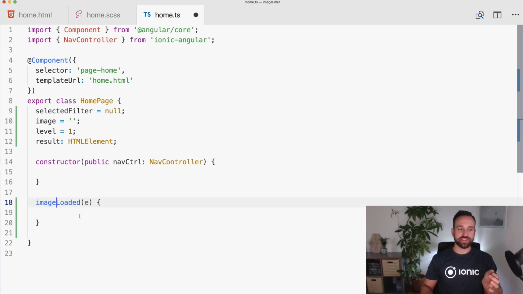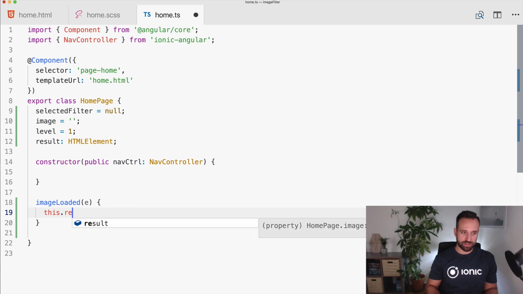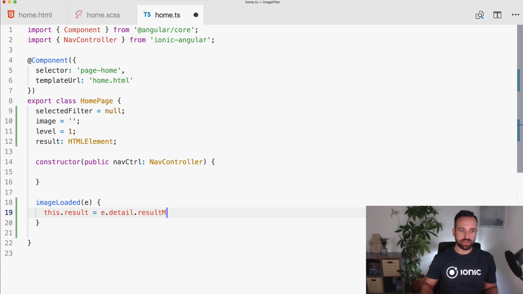And this result contains a reference to the canvas object, which contains the image with a filter of WebGL filter elements. So we keep this reference in this dot result, in detail result. You can also log out the object if you want to, but now we got a reference to this HTML